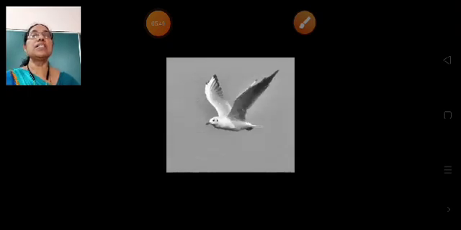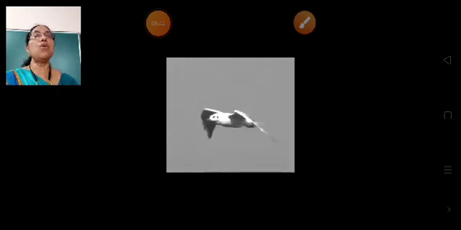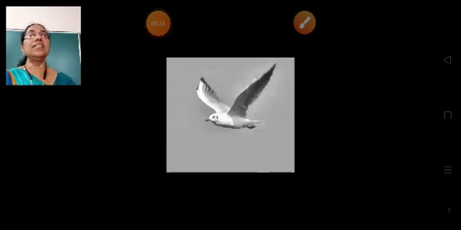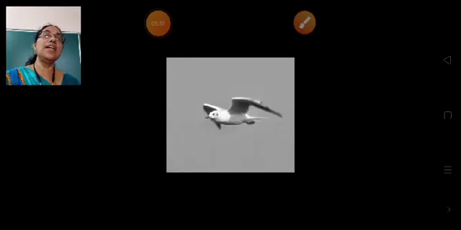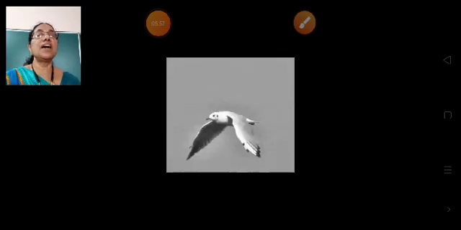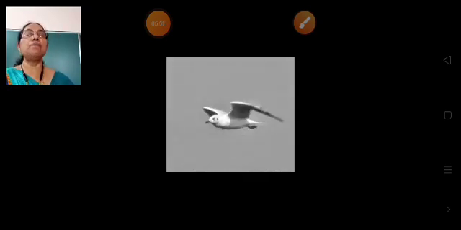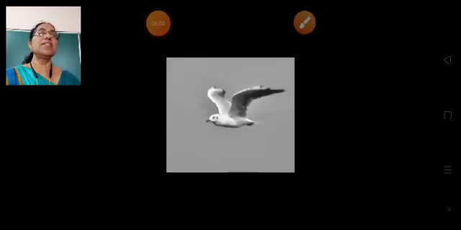And birds move their wings downward or forward, and that movement is called downstroke movement. These are the two types of wing movement of birds. Is it clear?